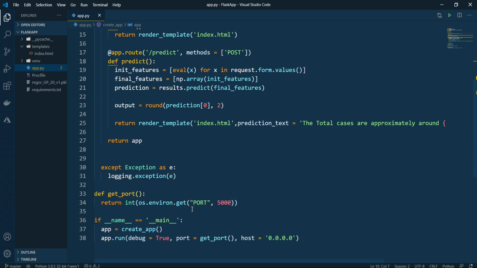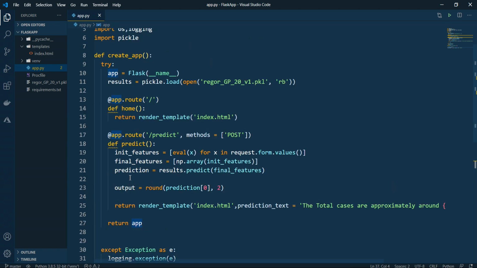This is define get_port, and after that I have the main method. Now if this is the case, then it will return the app. This app I have to pass on to create_app. Here create_app is another function that we will later see how it correlates everything for this construction. This is a newly created method, so it does not have any definition as such. The definition is everything stored in your app. Whatever story is there for our application, it resides inside this app.